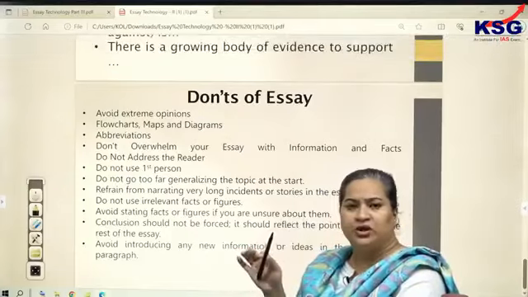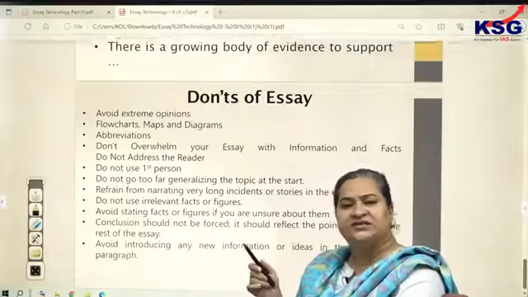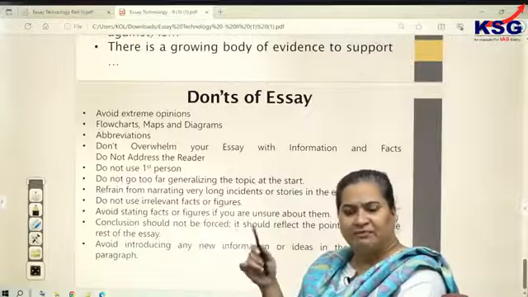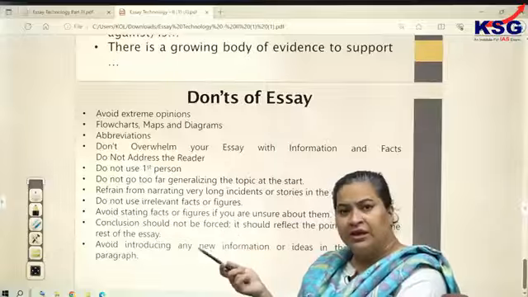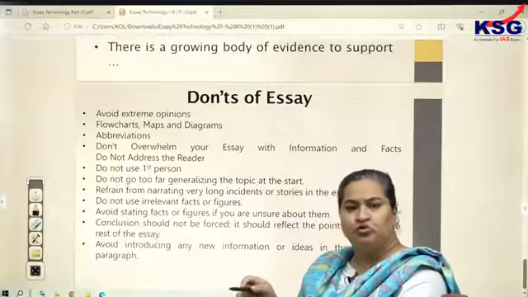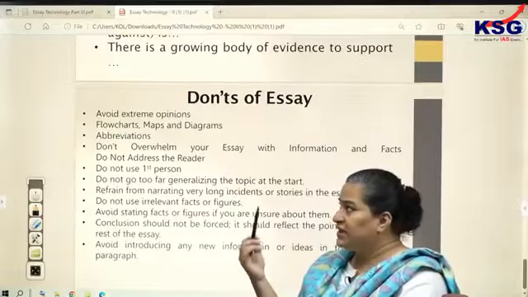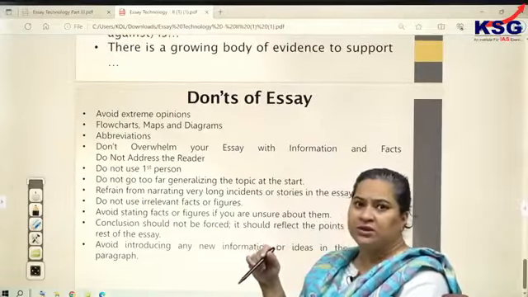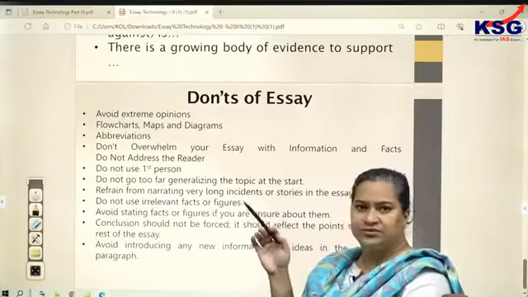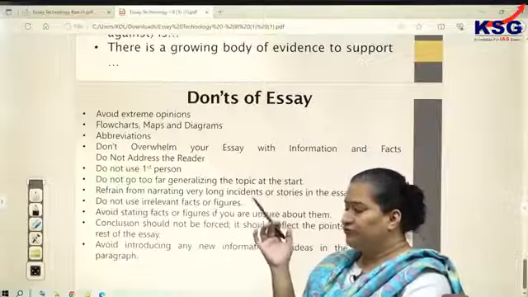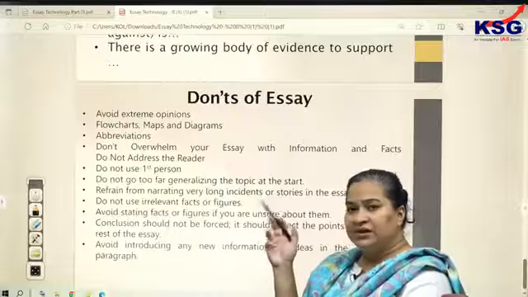So all the communication that you are establishing with the examiner should be done through the language. If your language is effective, even if there is no flowchart, diagram, map, you can still get amazing marks. But despite the flowchart, diagram or map, if the content is shallow, the engagement is superficial, the insights are not thought provoking, creative, engaging, then you'll end up losing marks. So it is advisable not to get into any such activity which disturbs the flow or the kind of impact that ought to be generated.